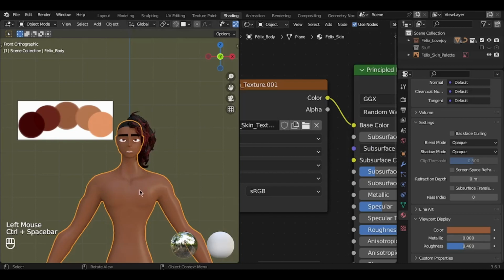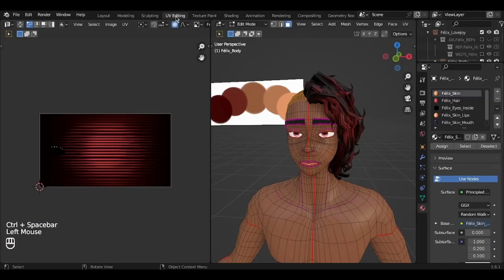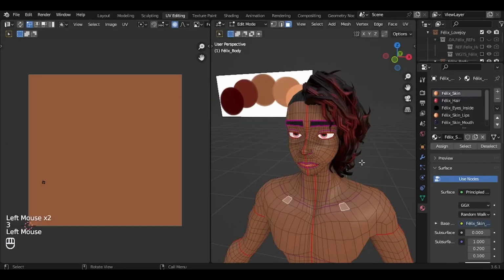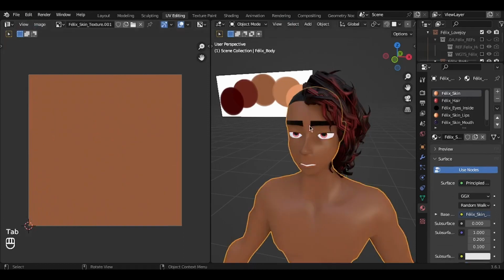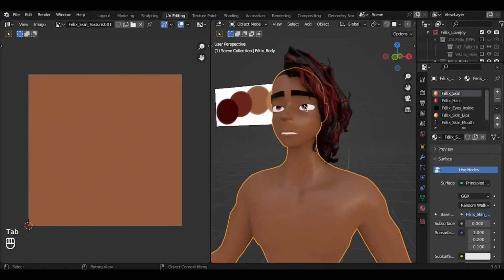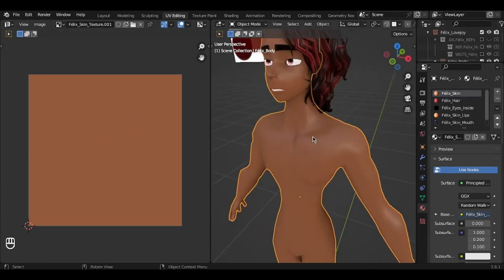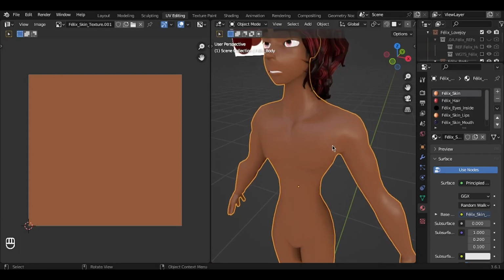Going back, I'm gonna select the body and I'm gonna go into the UV mapping. Because we created the UV mapping, this is supposed to be looking nice and better. And it is. I'm gonna be creating the stylized texture on this texture here. So I'm gonna be creating the shadows, the dark areas, the light areas, everything of this skin and this texture. I'm gonna be hand painting on the sculpture, on the entire mesh,